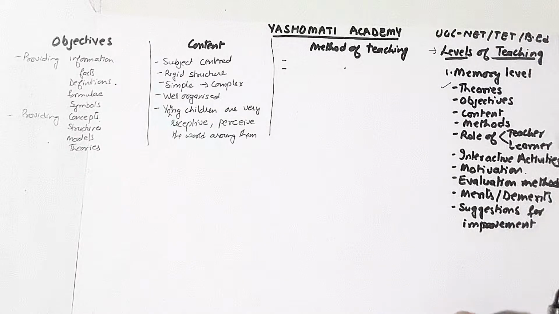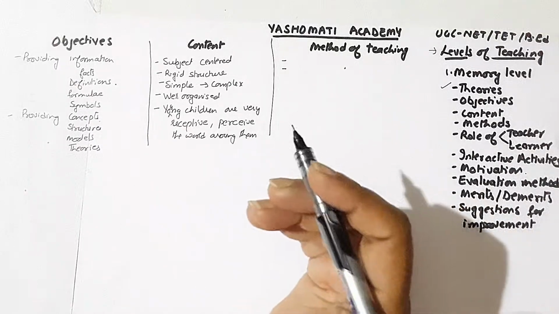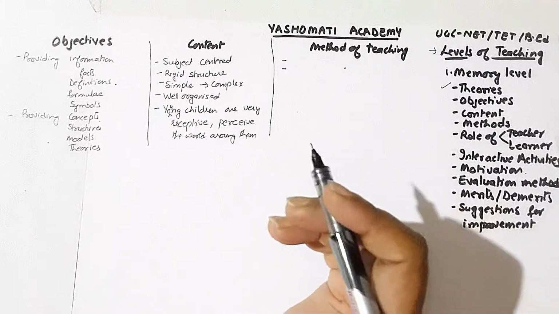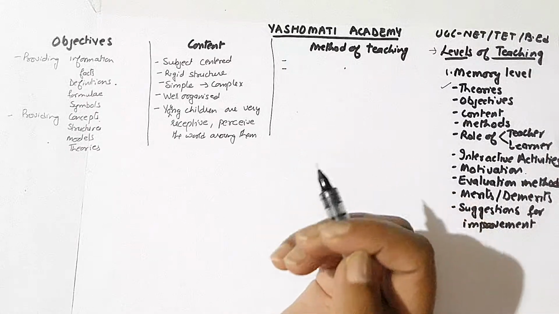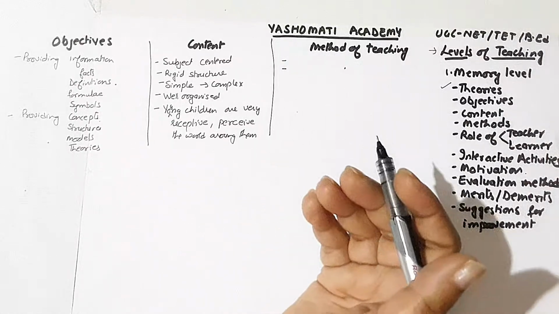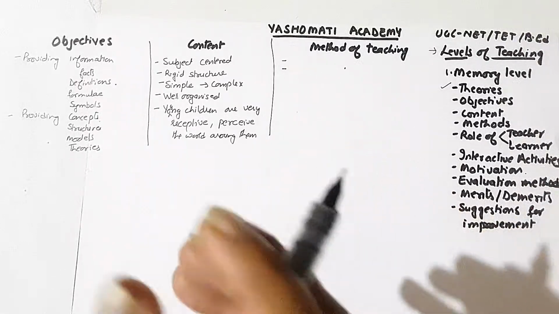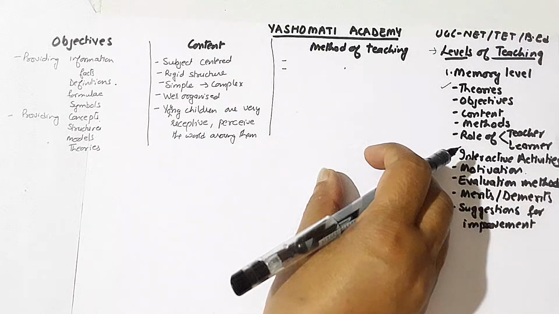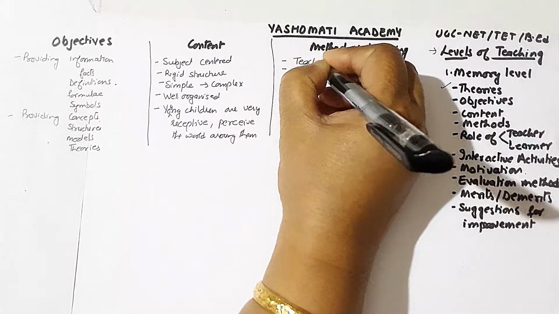Some methods of teaching are teacher centric. For example, the lecture method or demonstration method, where the teacher has to play an important role and the learner remains a bit passive. Whereas certain methods of teaching like learning by doing, experimentation or participation in debates and acclamations are more of student centric methods. When we are teaching at a memory level of teaching, then we will be using teacher centric methods.